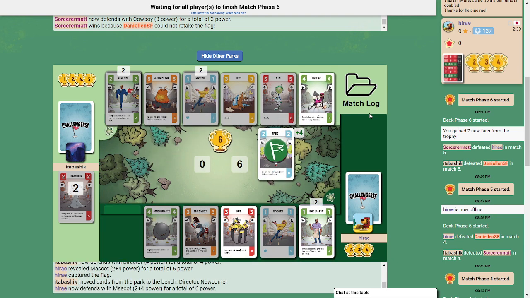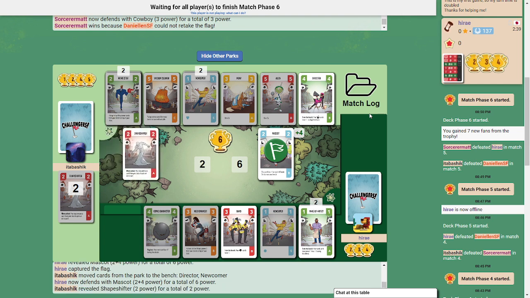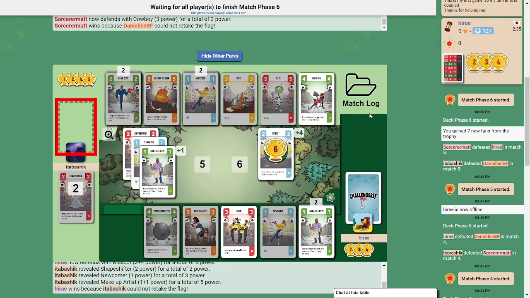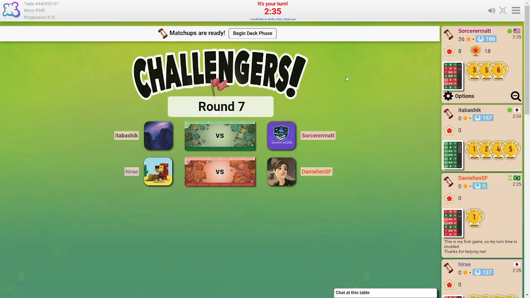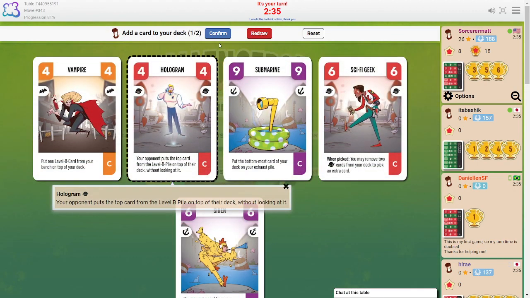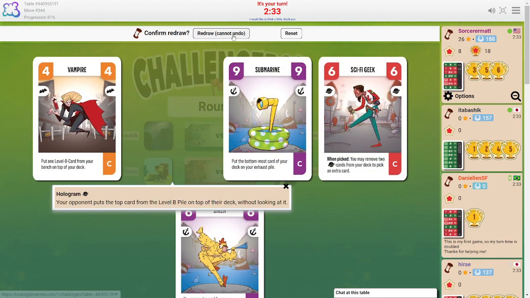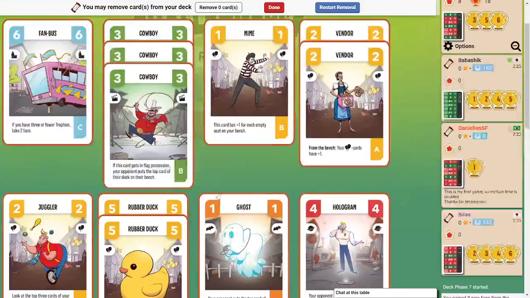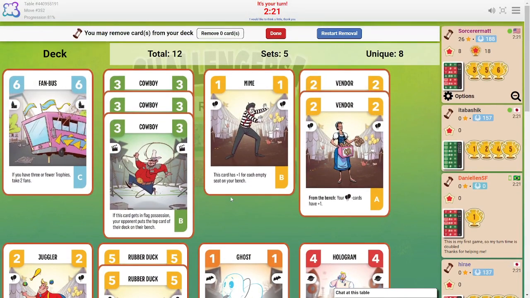The card that we want to see is the hologram. And the other good thing, don't count out these 8 passive fans. Yes. I guess I do have 3 or fewer trophies. Let's take it. And then what do we...